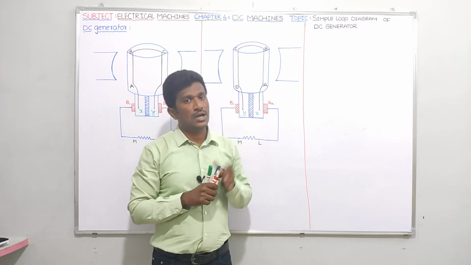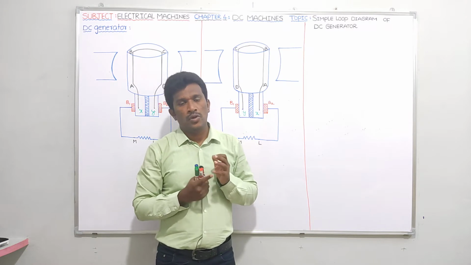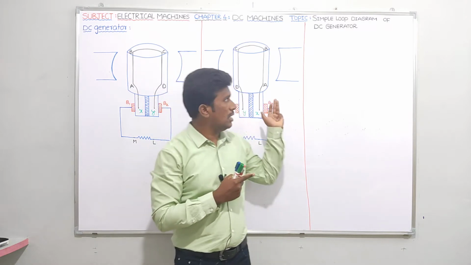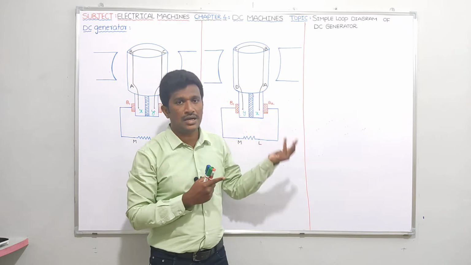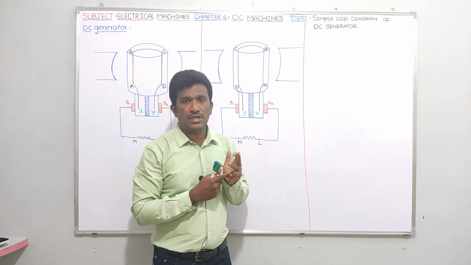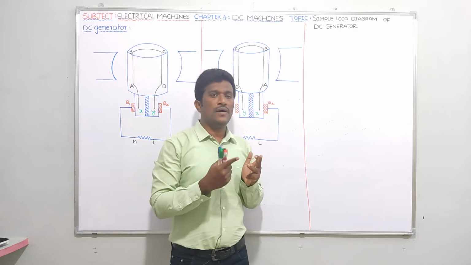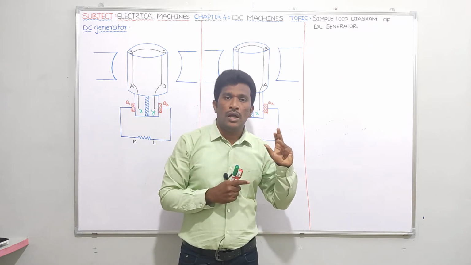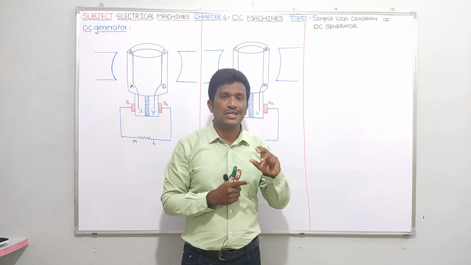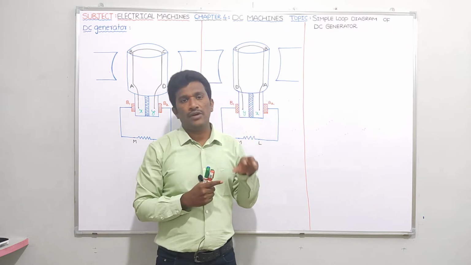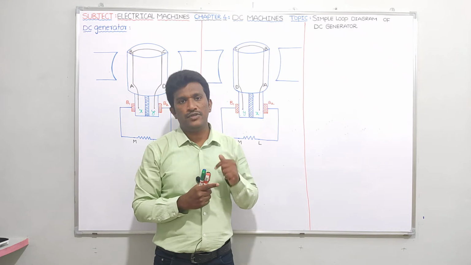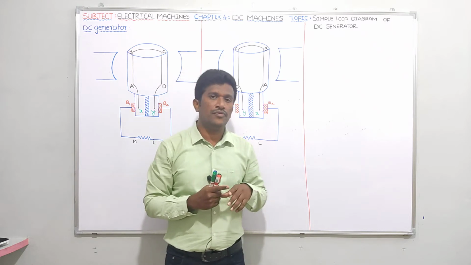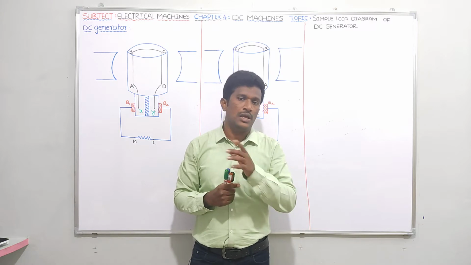I told clearly in the basics videos, though the magnetic field is time invariant in a DC generator or alternators, how is a rate of change of flux linkage possible? Because of the rotation of the conductors. Since the conductors are moving, though the magnetic field is time invariant, a rate of change of flux linkage will happen and EMF will be induced. That EMF we are calling a dynamically induced EMF.